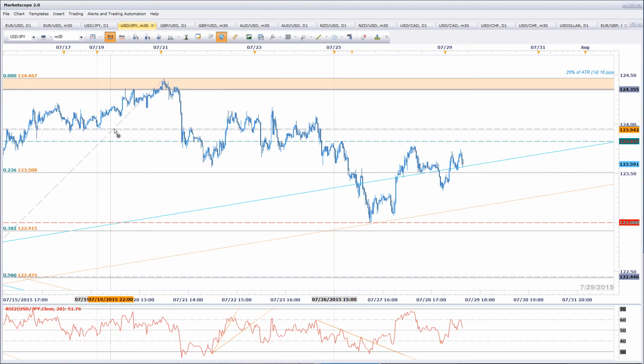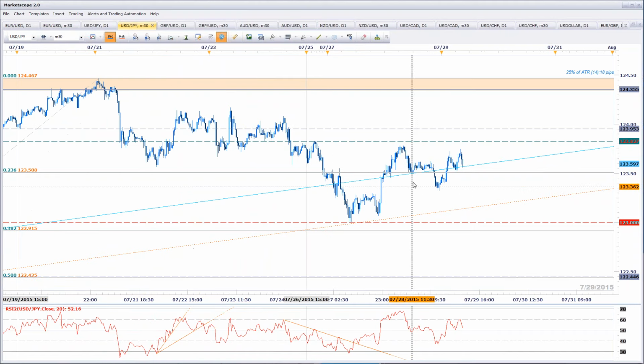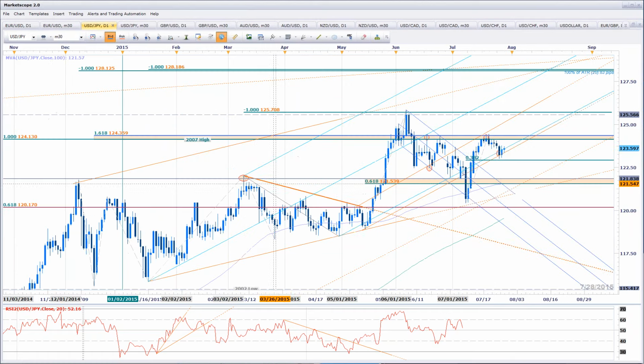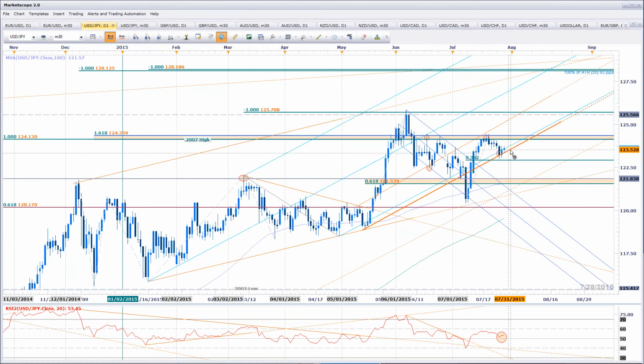I mean, even when you broke the weekly opening range, the thing just sat there for the entire remainder of the week. So I do like a downside break of this formation, but I can't advocate shorts, guys, until you get through. Okay, you're sitting at support. So keep this level in mind, keep this range, these slope lines in mind, and once you get through that, we'll look for open rain into 122.95, and then a much more significant key support heading down there into 121.50, 121.80. Key resistance,